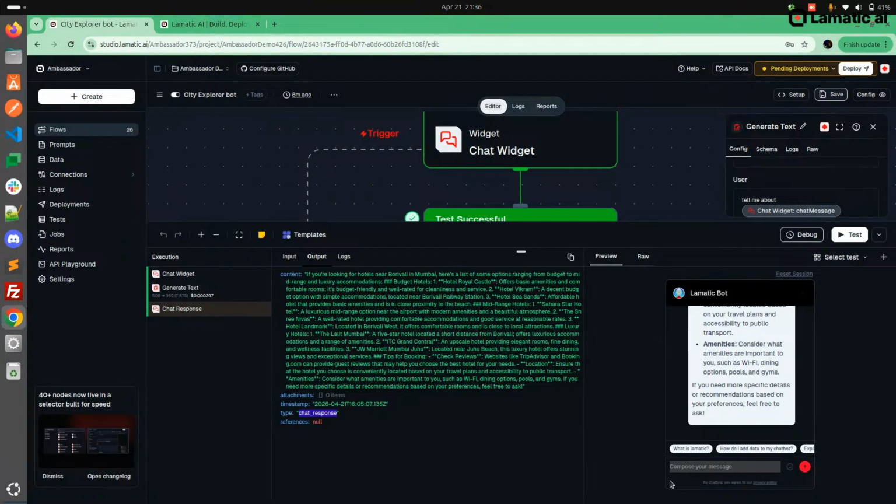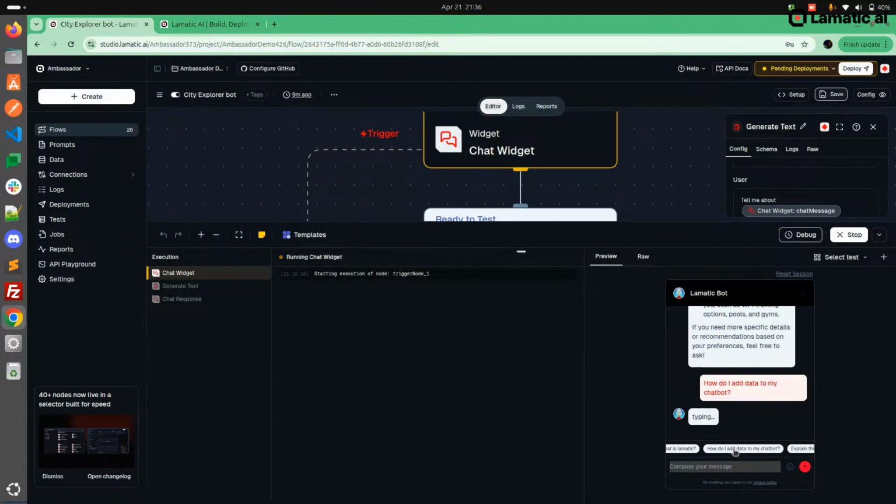Okay. So also here I put three common questions, like if you want to know regarding Lamatic, like how do I add my data into the chatbot. So let's try this one as well. But before that, if you enter any input excluding this context, then it will not give a proper output, right? So for that you can use the logic as well. Okay, so let's try.